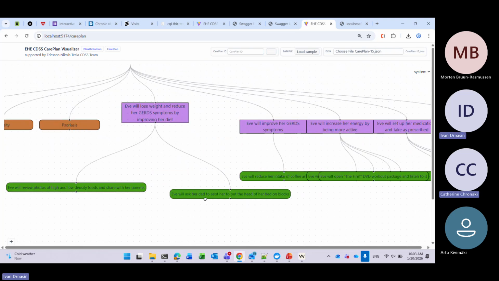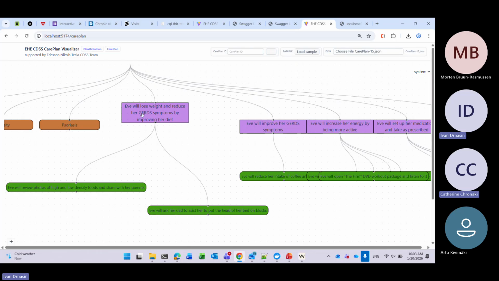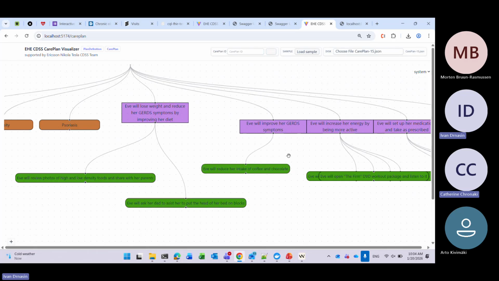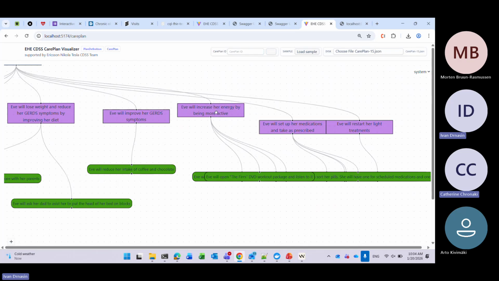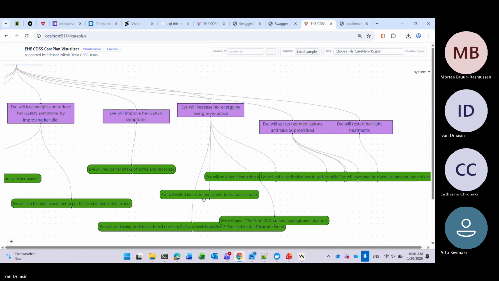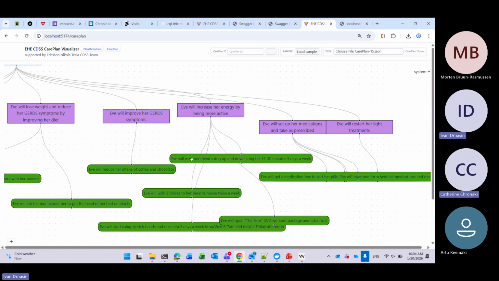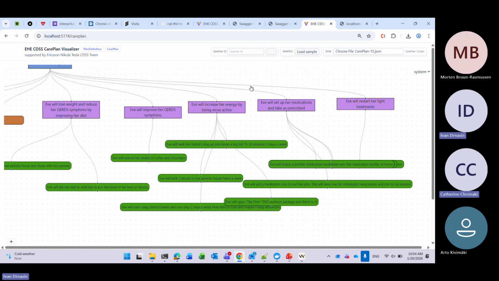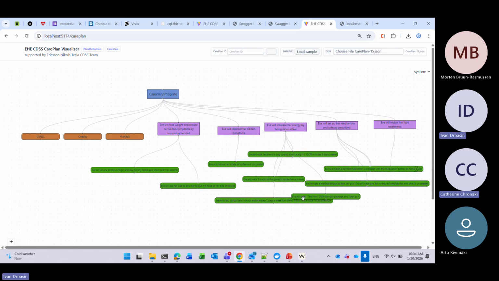And with those suggestions, we have some additional actions. So this patient should lose weight, start taking care of the food, start exercising, okay, whatever. Walk three blocks to her parents' house, and so on. So this is a much more real-world care plan. And somehow we need to connect this care plan with feedback, with what the patient did, what they managed to do, what they didn't manage to do, but it's out of scope of this presentation.